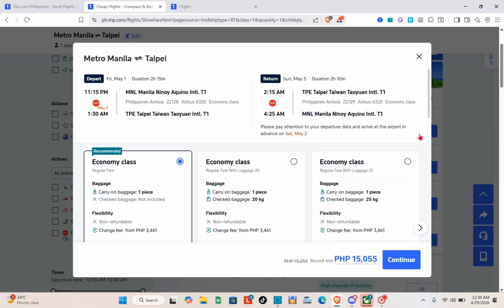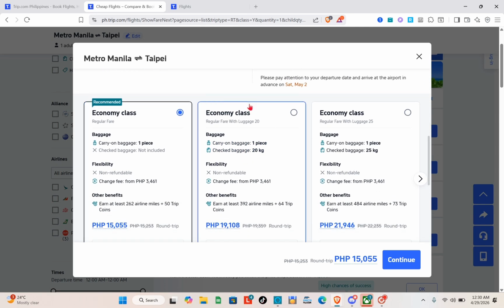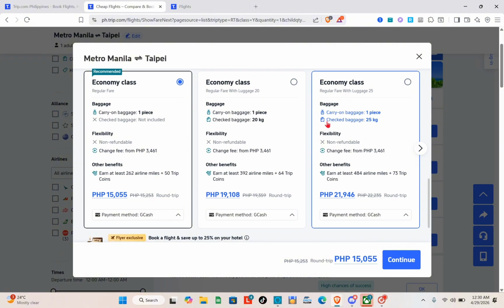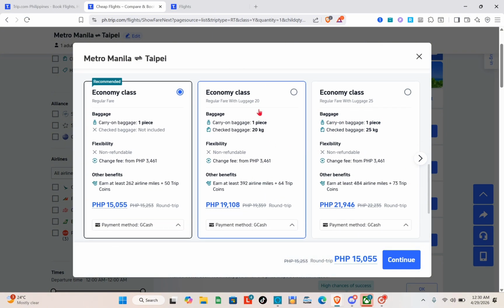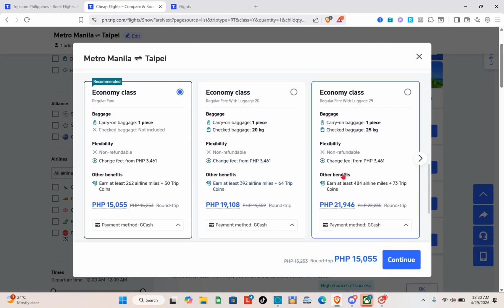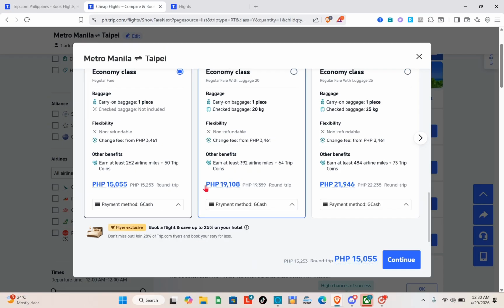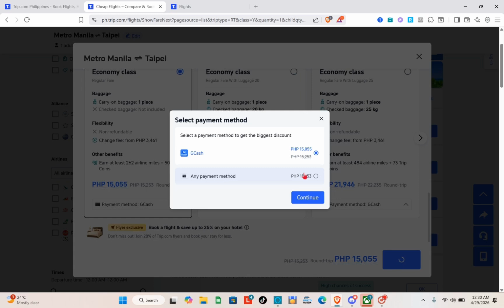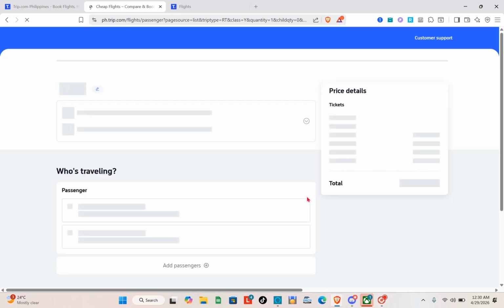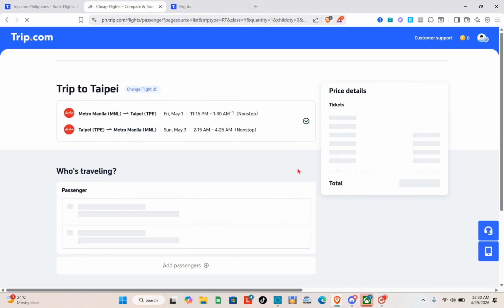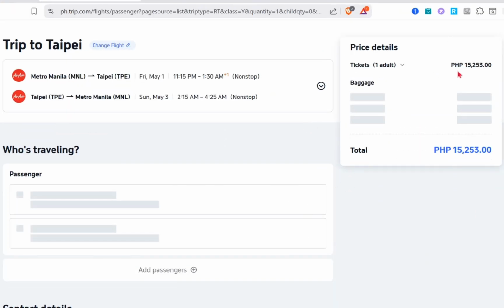Okay, so tap on select, and then here we have the economy class and the economy class option right there. So you just have to look for the included here on your package, where you can actually rebook this flight if ever your schedule change. So you just have to tap on continue after that. So here, let's say we are going to add a new payment method. Okay, so here on the ticket, so just wait for a couple of seconds